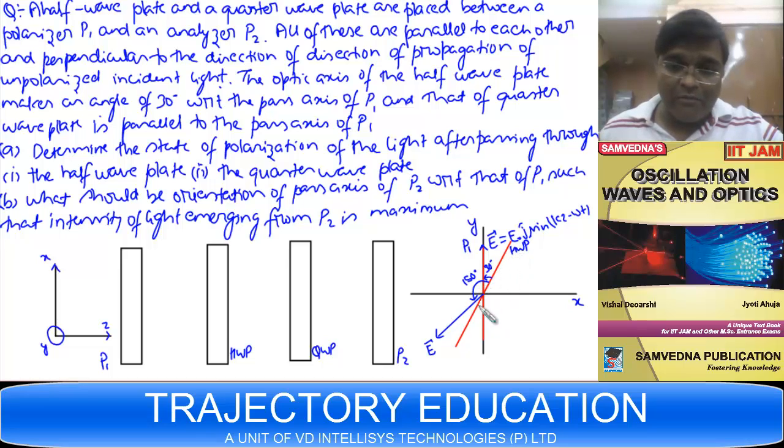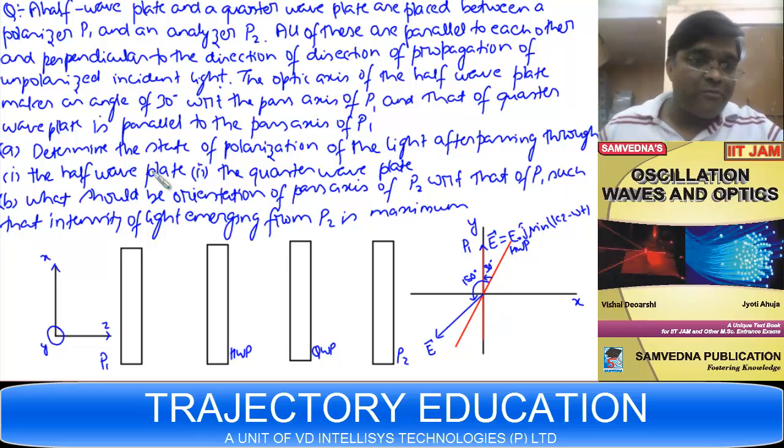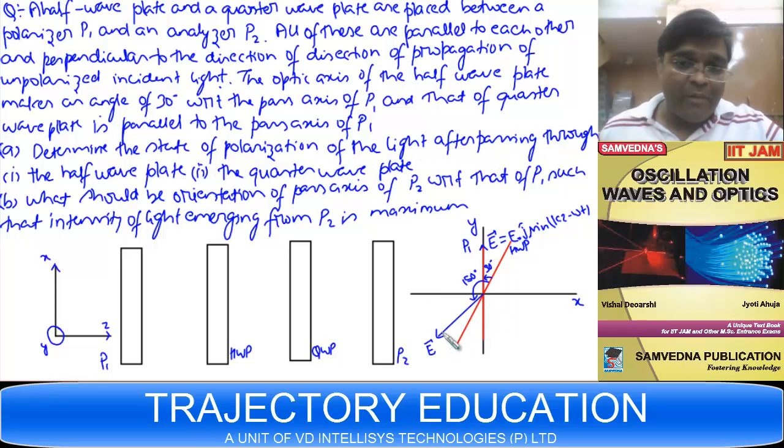It will make an angle of 150 degree with the principal section of half wave plate, and an angle of 30 degree on the other side. So after the half wave plate, the light will remain plane polarized and will be making an angle of 150 degree with the principal section of half wave plate, where theta and pi minus theta have to be measured in the same sense. Now, when this light will fall on the quarter wave plate,